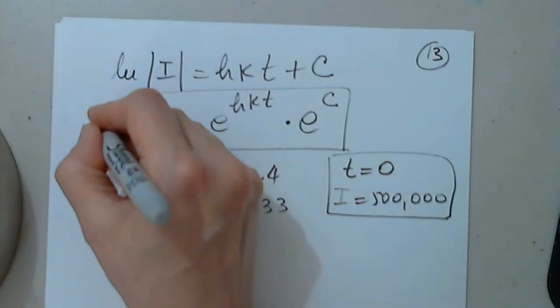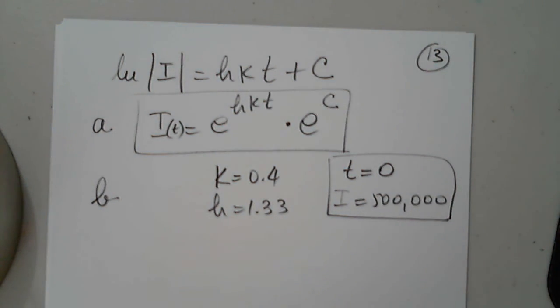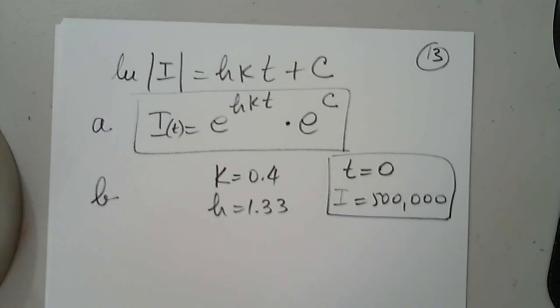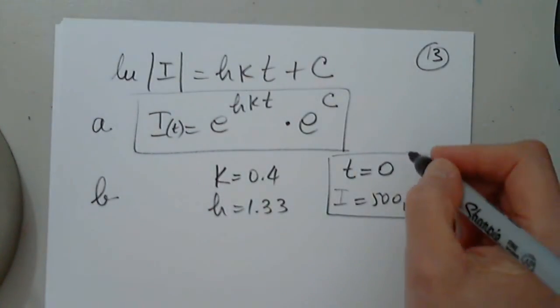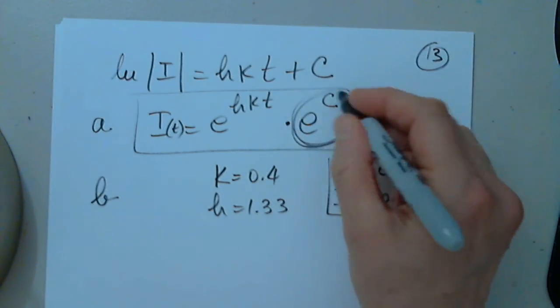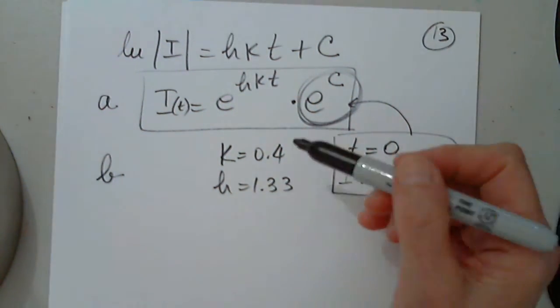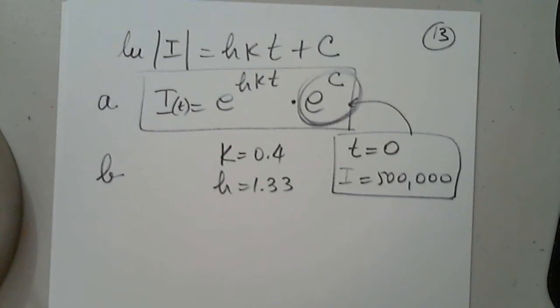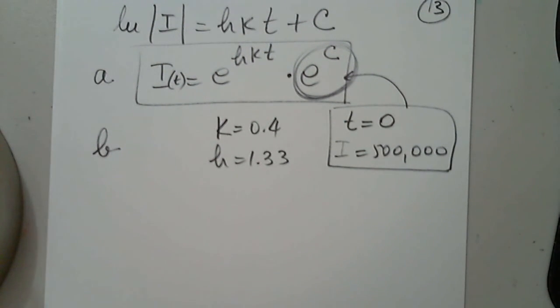So now for the second part, so this was part A. In part B, they say, rewrite the equation using k equals 0.4, h equals 1.33, and an initial investment of 500,000. Okay. So this is given to us in order to find this constant. And of course, they are giving us 0.4. They're giving us 1.33 to determine that particular situation. Okay, so we know that the initial is 500,000